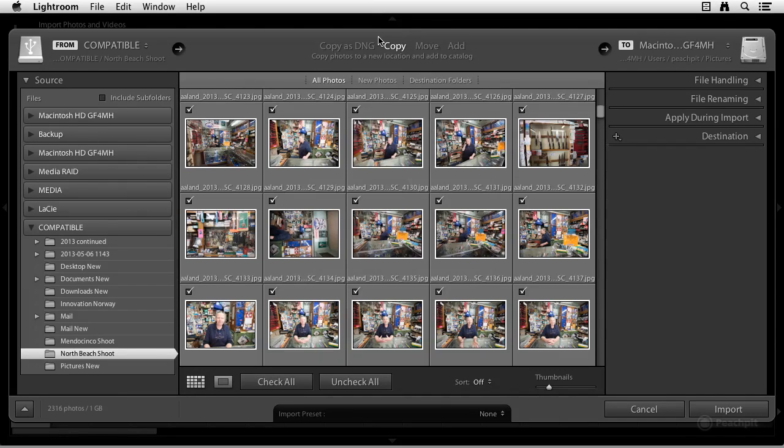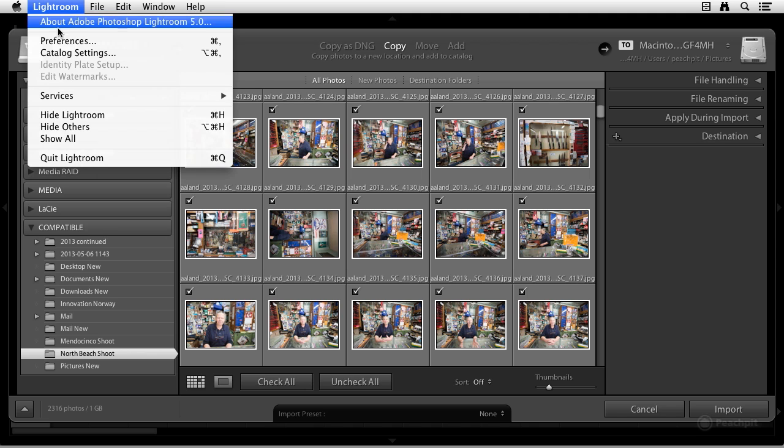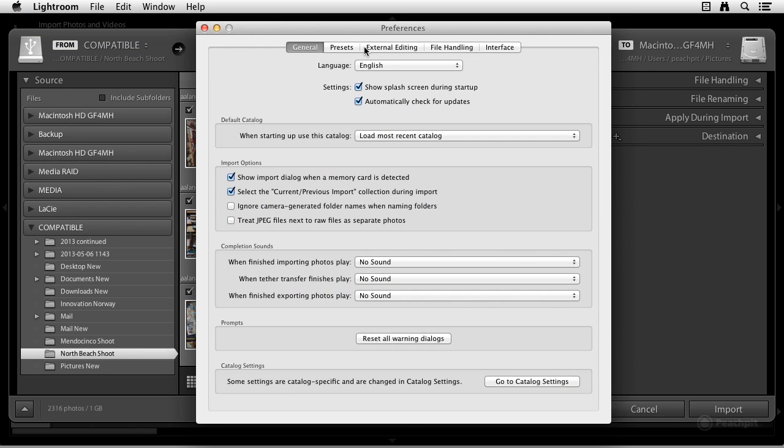There are several important preferences that affect the import process. In this video, you'll learn what they are. I'm in the Import window, and I'll select Lightroom Preferences. If I were on a PC, that would be Edit Preferences. And here in the Preferences window, under the General tab, under Import Options, I'll walk you through the various options